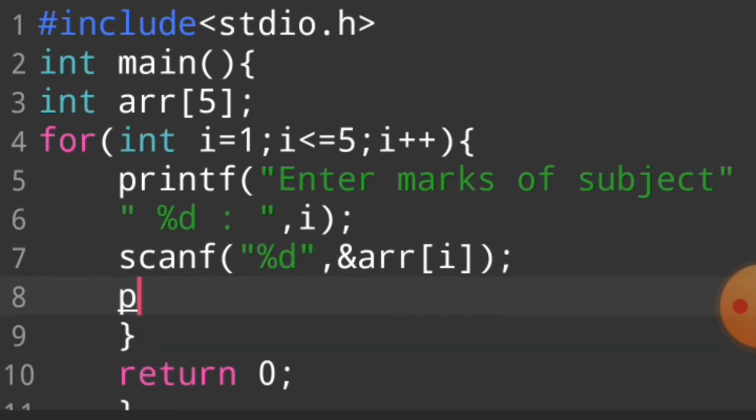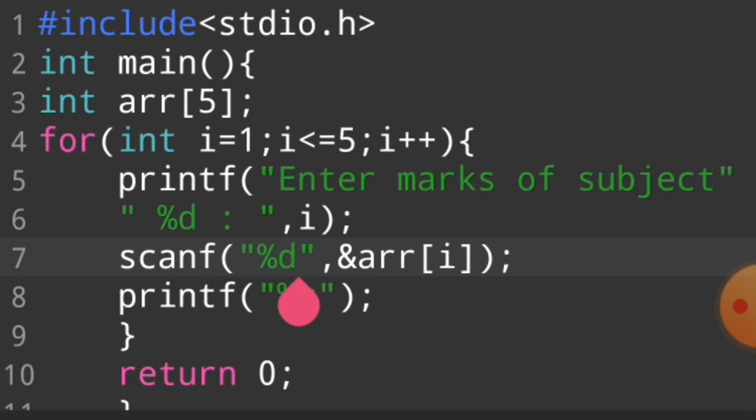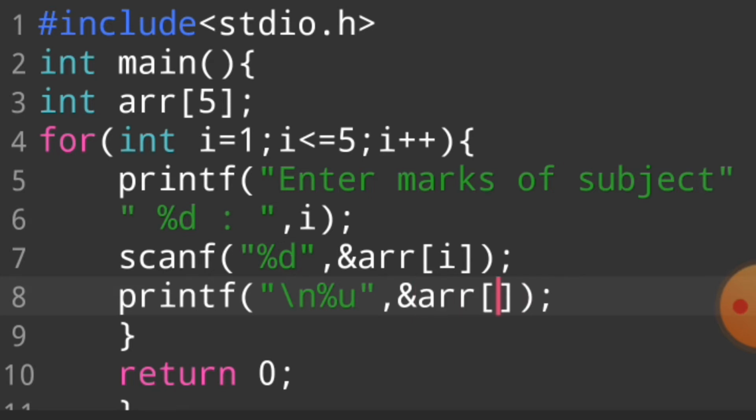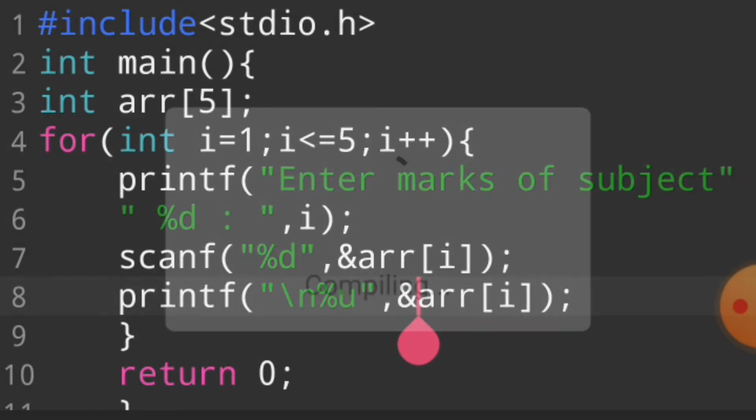Now I want to print the address of this variable. So I write percentage u, ampersand arr[i]. When we input any data, the address of this variable is also printed.